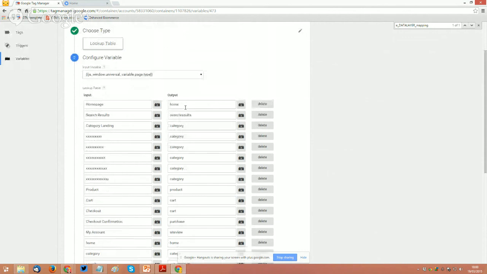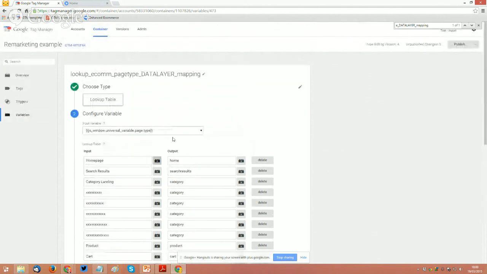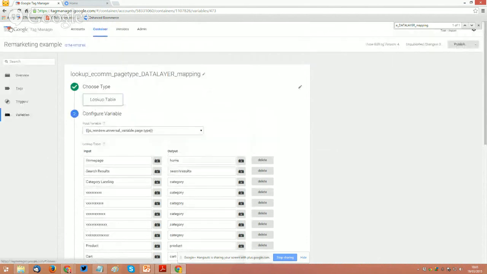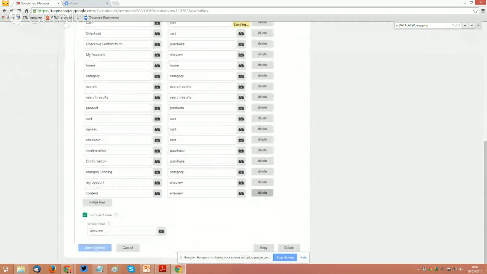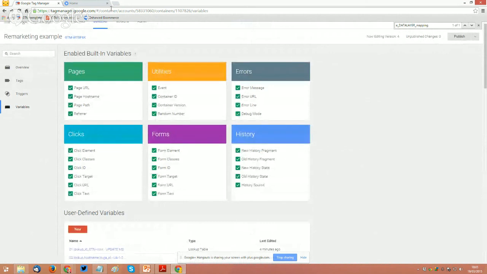So then the intent-based aspect of going home page, site search, category, product page, then cart, and then purchase, that whole flow using dynamic remarketing will work. So that's how it's determining that. If you've already got a page that's outputting these fields already, then you wouldn't need to use this mapping step in the middle. So that's it in a nutshell.